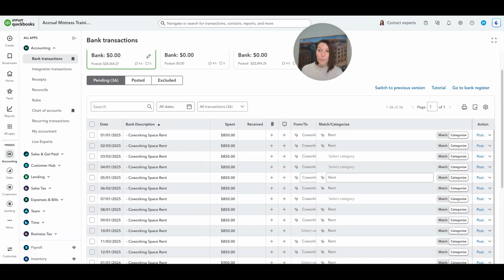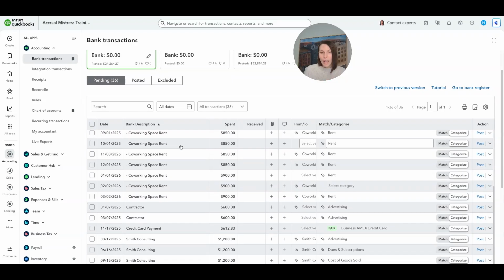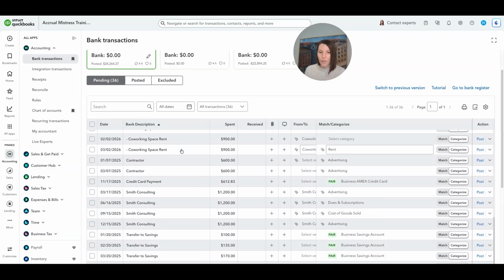This is where it's really great to possibly sort by bank description instead of sorting by date or sorting by match or categorize. This will group all of the like transactions together so that you can see where you would benefit from creating rules. So I'm going to go ahead and create a rule for this particular transaction, but I'm also going to look and see if there are any other ones where I might benefit from creating